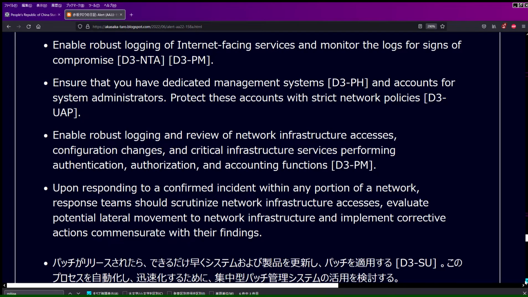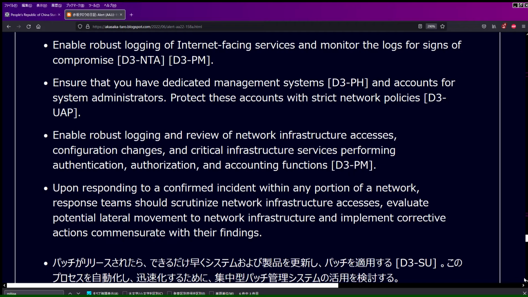D3NTA D3PM. Ensure a dedicated management system D3PH and accounts for system administrators. Protect these accounts with strict network policies. D3UAP. Enable robust logging and review of network infrastructure access, configuration changes, and critical infrastructure services that perform authentication, authorization,